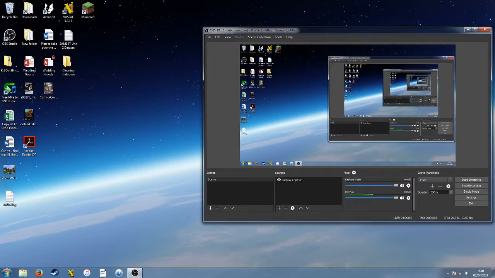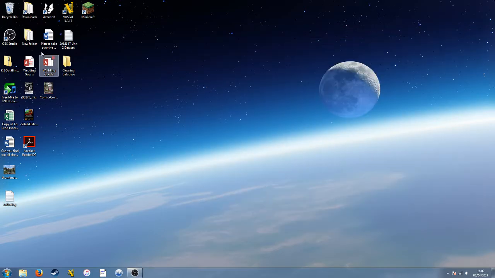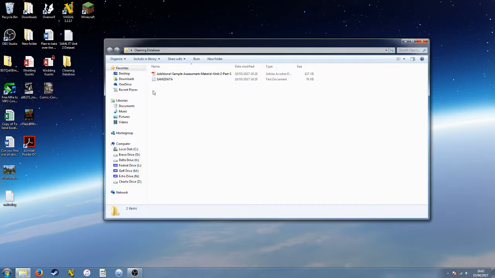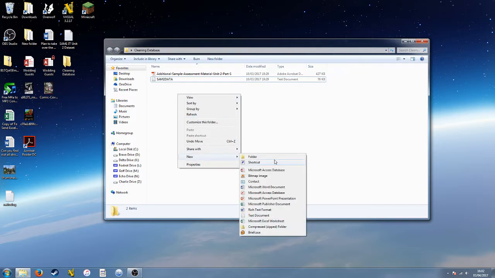Hello. Okay, so this is the first part of me doing my walkthrough on how to build a cleaning database. So here we go. So I've already made a folder. I've called it cleaning database, and here's the stuff from the lovely Excel BTech Pearson people, or whatever they're called, and here's the data log. So the first thing we do is we go to